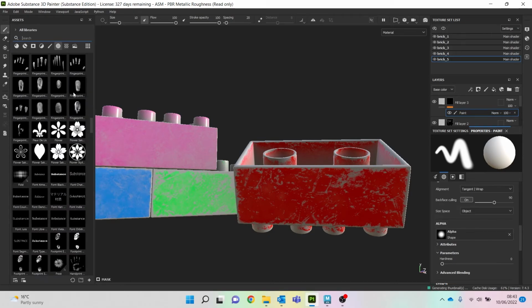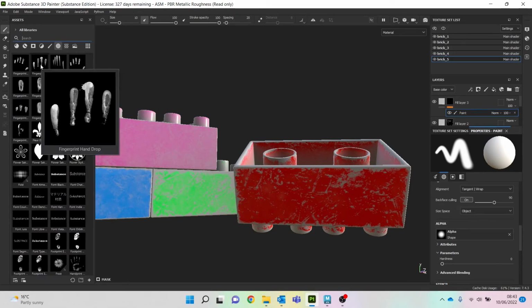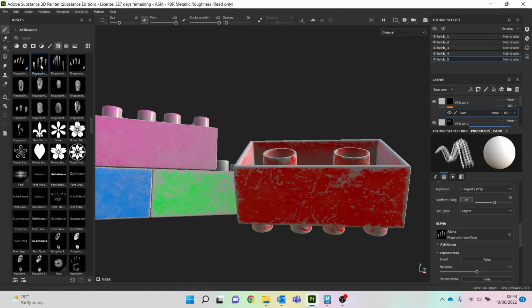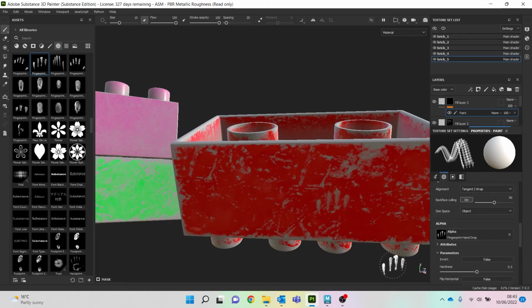and you got things like fingerprints. So what I could do is take like fingerprints, and I can either click on that or I can drag it over. So now if you look, I've got like fingerprints on there. Now I want to be a bit bigger, so if I hold down,